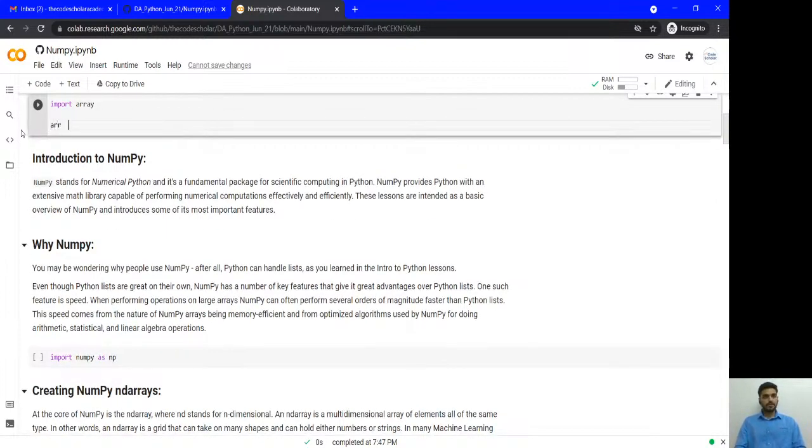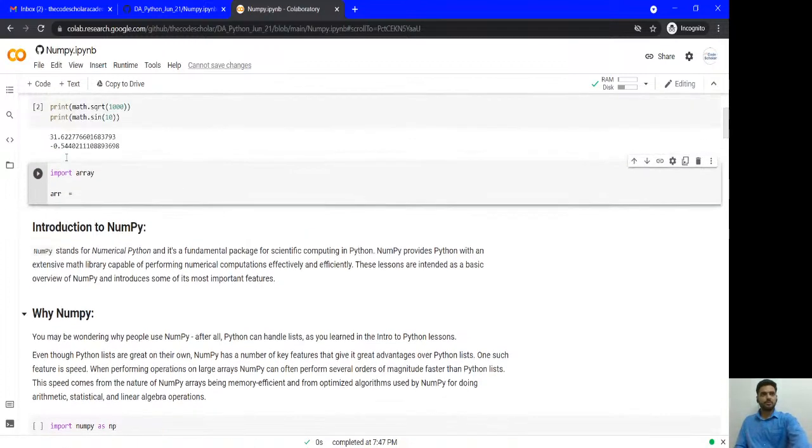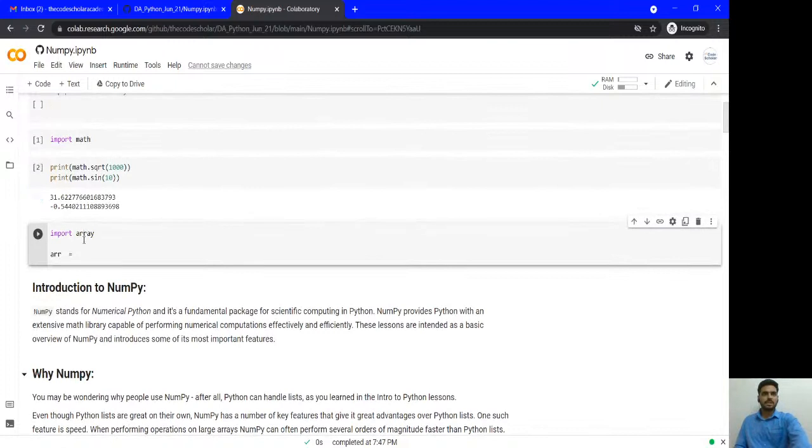So just see the syntax, okay? Don't take it that I'm going to explain in depth as of now. I'm just giving the example. What is the benefit of NumPy? So you have a math library to perform the mathematics operations. You have an array library to make an array and print